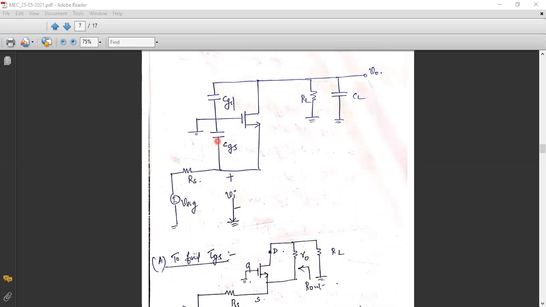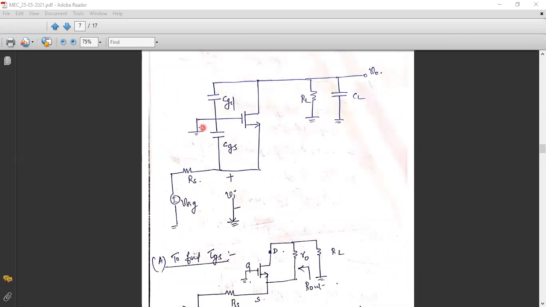If you see this CGS, one end of CGS is connected to the source, right? The other end is connected to the gate, which is grounded. I repeat, if you take this CGS and find the two terminals, one terminal is connected to the source and the other terminal is connected to the gate. Now find a resistance that is connected across the same terminals. Can anybody tell me? Banu Prakash, you just analyze the circuit and tell me.